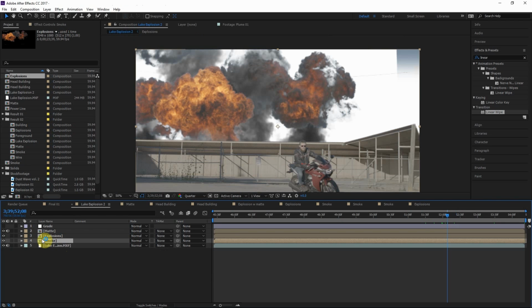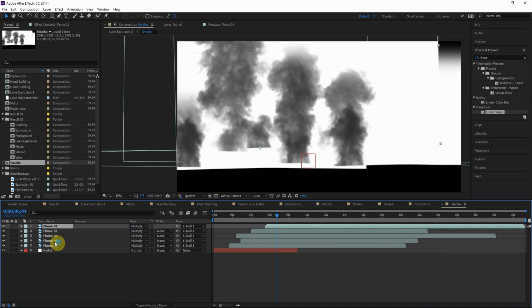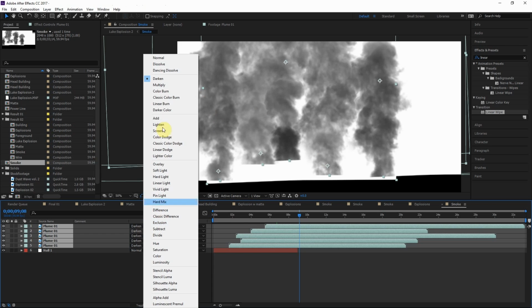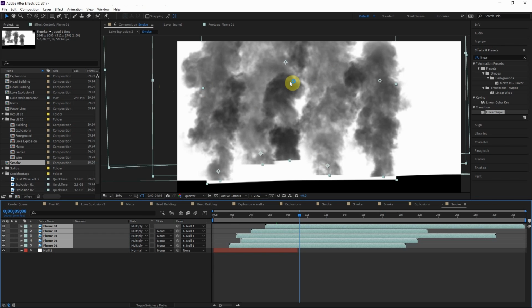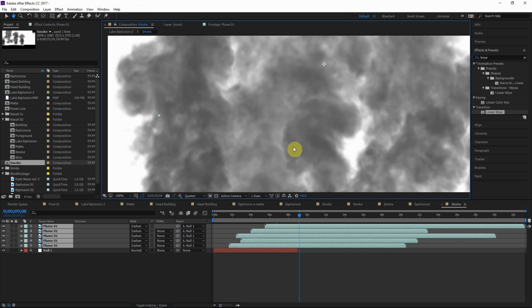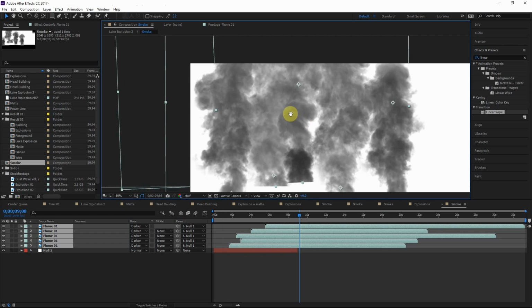And I'm going to go inside this composition. And instead of using the multiply blending mode, I'm going to do darken. So there's a difference. The darken blending mode will actually show one smoke element or the other smoke element in one spot, depending on which one is darker. So it just does the darker of the two instead of kind of combining the darkness of both to make something even darker. So you can see the difference here. So darken does one or the other. Only bad part is it does kind of create this ugly dividing line, but it shouldn't be noticeable,